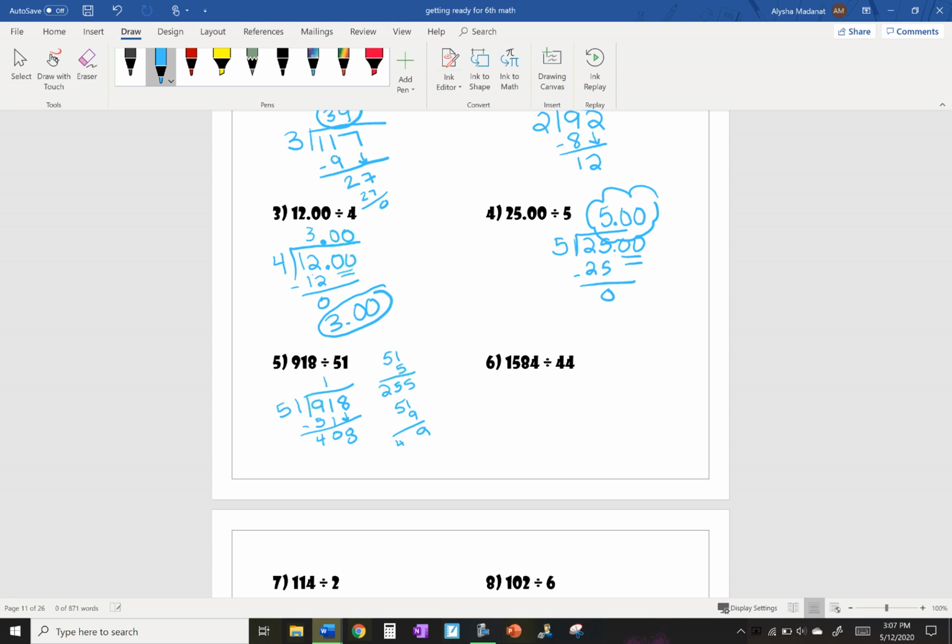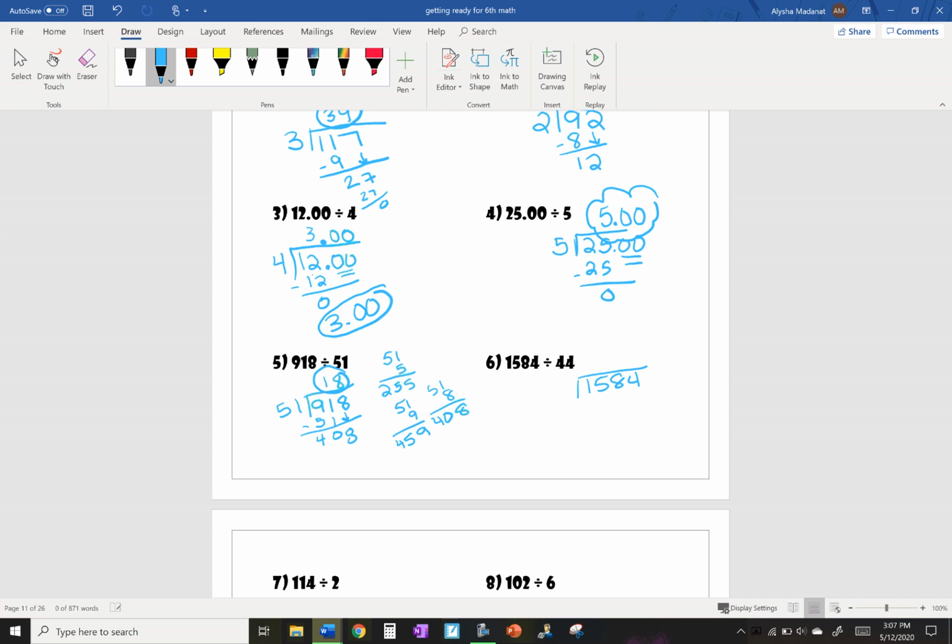And 9 times 5 is 45. Well, now I went a little bit over, so if I do 8, and you can kind of see that, that gives us 408, which is the exact same thing we have. So 5 times 18 is going to give me 918. Our next problem is